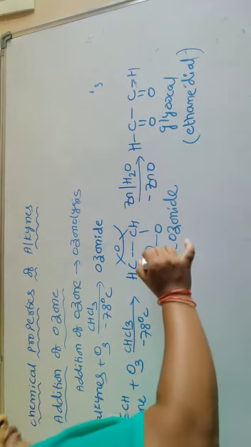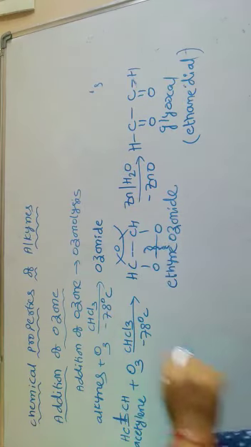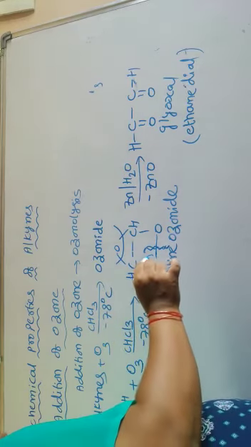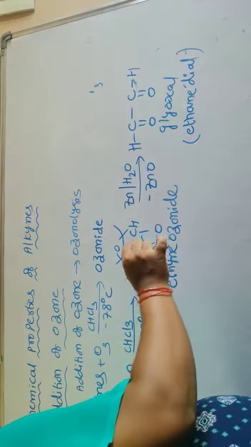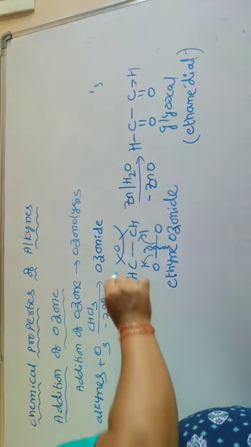So breaking of this bond takes place. The bond is shifted towards this oxygen and forms the pi bonds. The oxygen is taken by zinc and forms ZnO and forms the glyoxal. The IUPAC name is ethanedial.